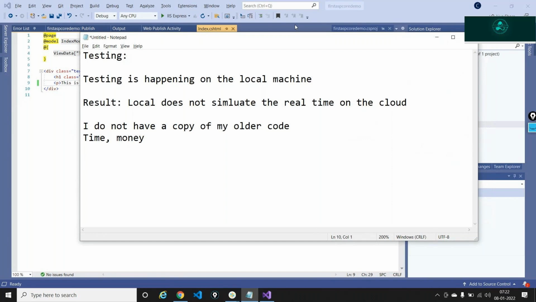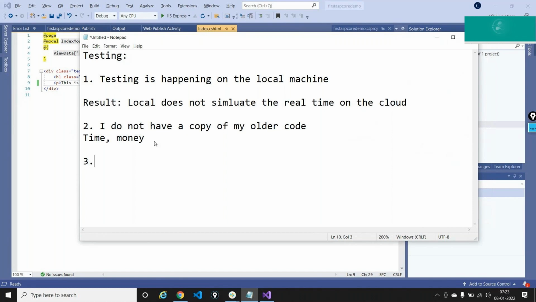The third issue that is happening here. So this is issue one, in the testing; let's address everything one at a time. This is issue two: I don't have an old copy of my code. Issue three is that whenever I'm doing a version upgrade or a downgrade, my application is getting restarted, meaning I have a downtime.